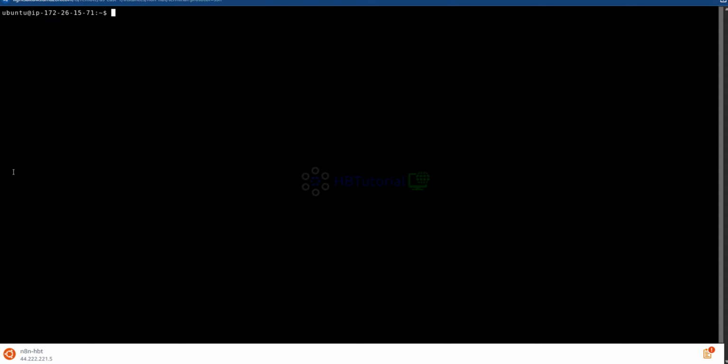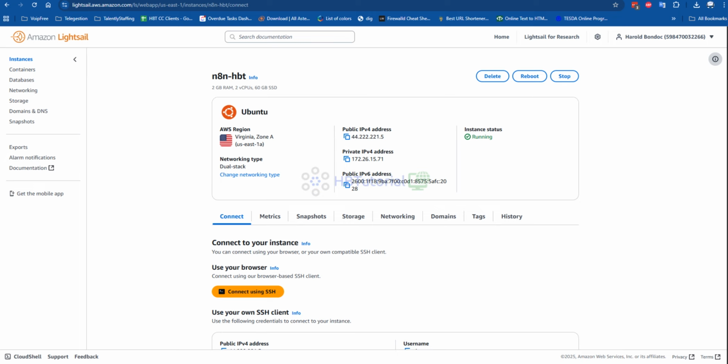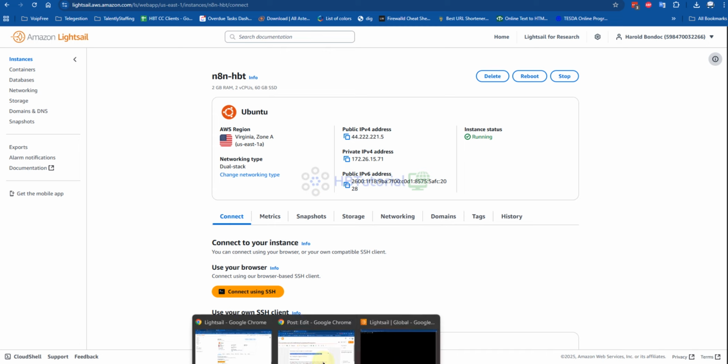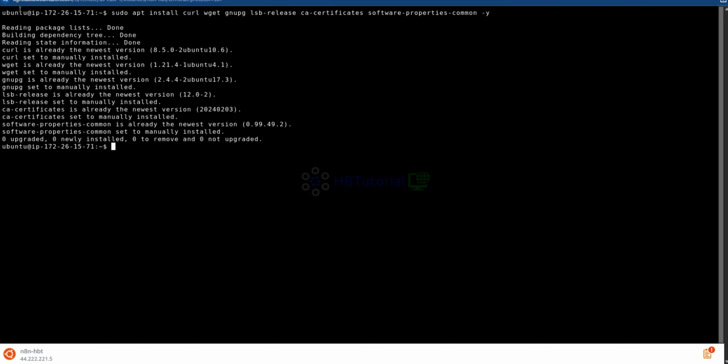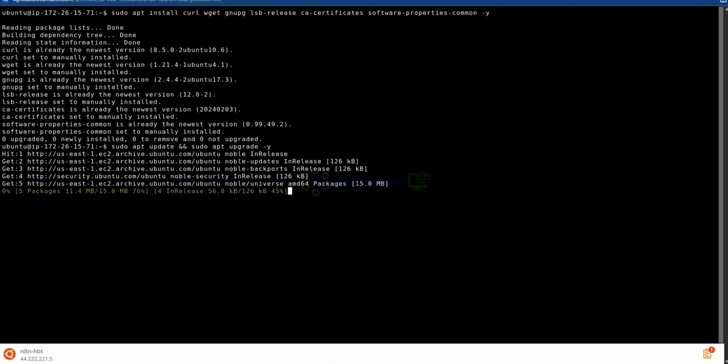From the installation, you need to run the following. First we need to install Docker and other things. Paste. As you can see, I'm using the Ubuntu user, so I'm not using the root one.